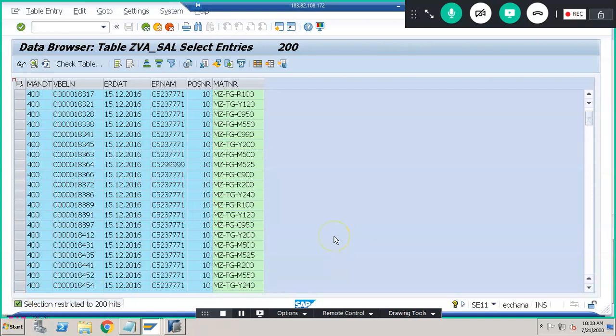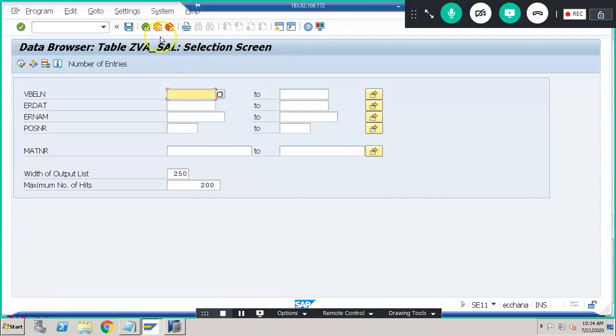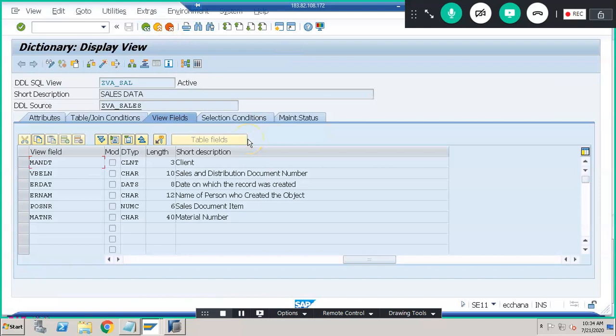So with this, we have done 2 CDS views, and how to consume these 2 CDS views in the programs and all these things, we'll see later. Okay, so this is the creation of CDS views, and we have created a project. Project you don't have to create. Every one of you don't create the project every time, because it becomes a big issue. So project, let it be like that. You just need to understand how to create a project. From there, you have to create a package, you have to create a program, and you also need to create a CDS view with 1 table and 2 tables. Okay, under your package, every one of you will have your own package. This is what we are going to do now.